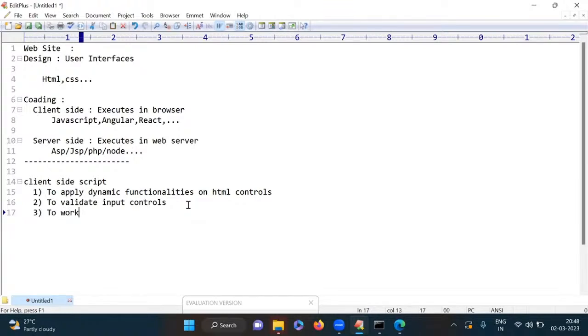To work with Ajax. If you want to work with the Ajax concept, then also we are taking the support of client-side scripts. Ajax is a very important concept. I will discuss with you what is Ajax and how to work with Ajax. From this point of view, to work with Ajax, we are using these client-side scripts. And next one,